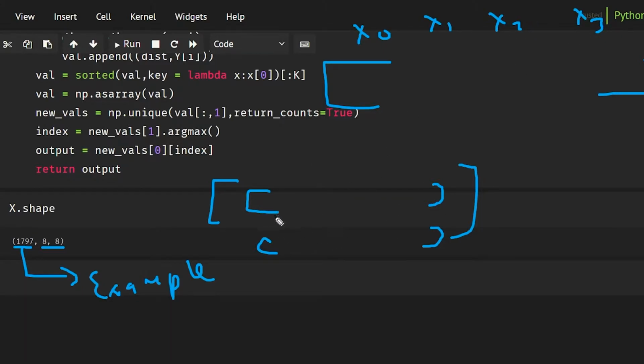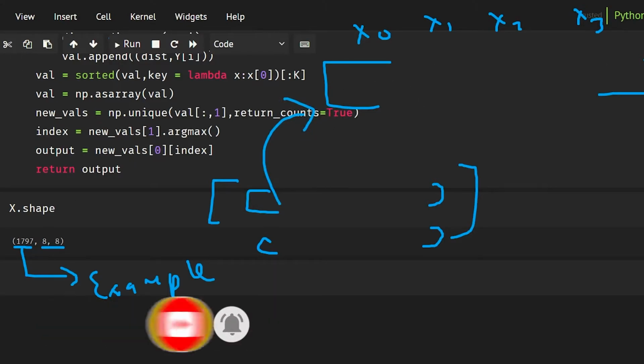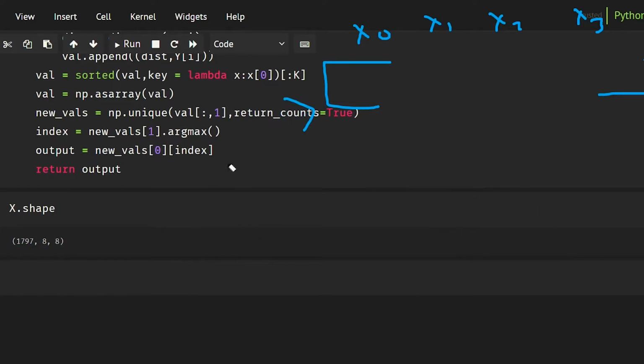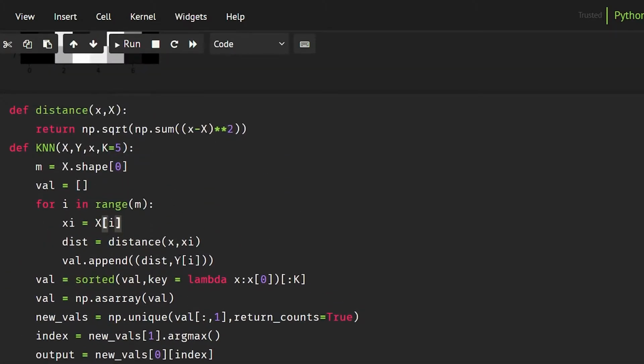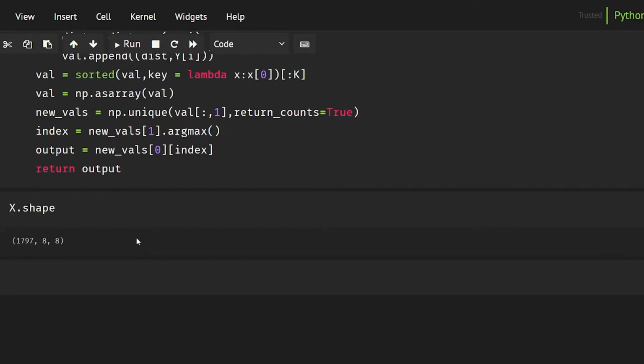and multiple number of features. But this is not going to work as this is a 2D image and we need a 1D array. So what we can do is reshape this into a 1D array. That's what I'm going to change in our algorithm: every x that we are getting, I'm going to reshape it. So xi.reshape, and the reshape that I'm going to do is 64, because 8 times 8 is 64, so that's why I'm reshaping it in this shape.